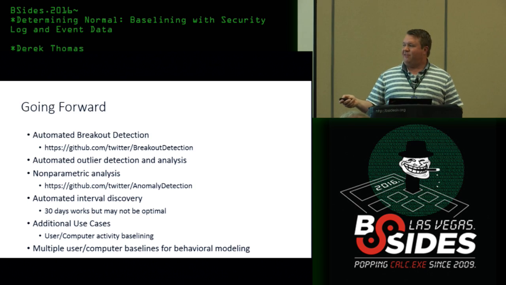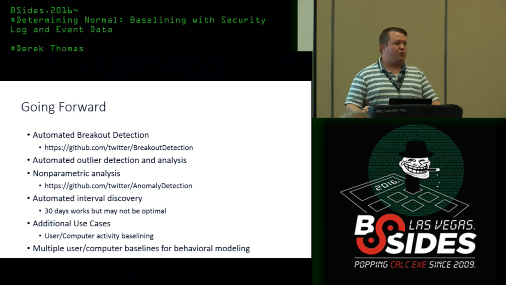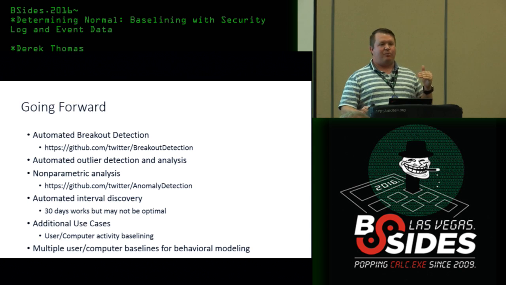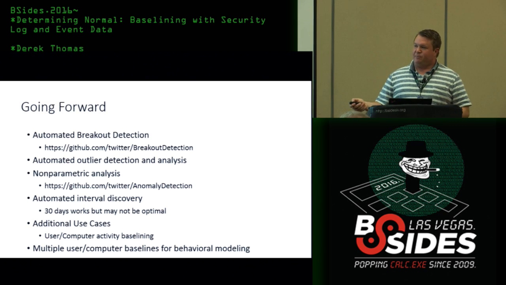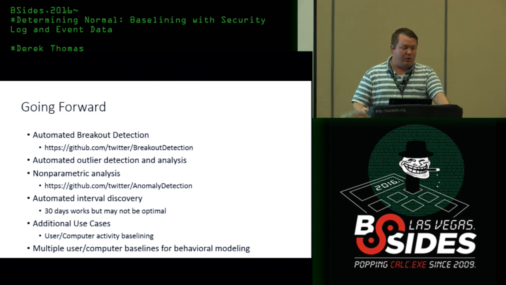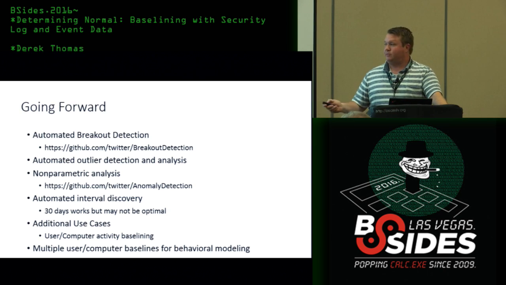And then finally, looking at multiple baselines. So if you have 10 baselines that apply to each user and you're mapping their activity, you could create a sort of weighted system and determine which user is showing the most anomalous activity and then investigate that user. So one user might often trip one baseline, but if they trip nine, that's something significant. You need to look into that. So I'm investigating how we can stack those baselines to really look for global anomalies for specific users.